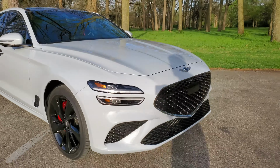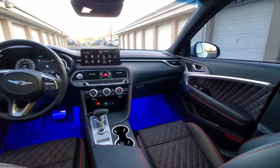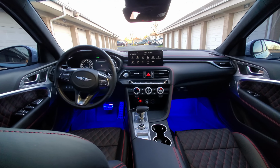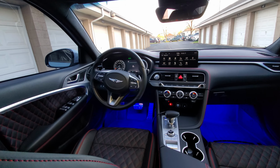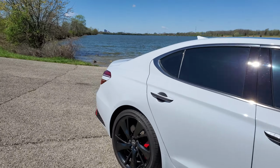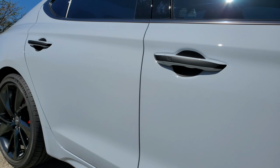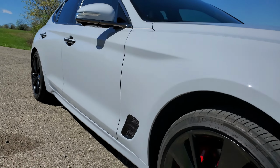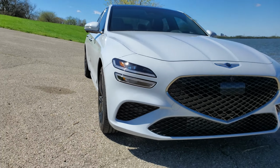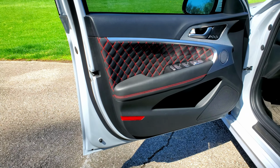You don't know how many times I've had people ask me if this is a Bentley. You would be flabbergasted at how many people have thought that this car is a Bentley. And I'm like, why, yes, it is. It is the new, affordable, only $50,000 Bentley that they're selling now. It's under the sub brand name of Genesis. Anyway, I've also had people think that it's a Mercedes, and I'm like, guys, just keep inflating my ego,